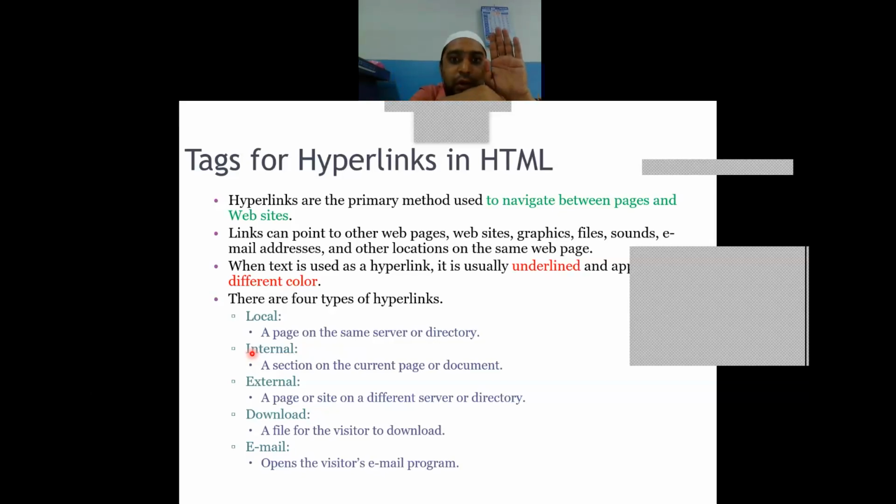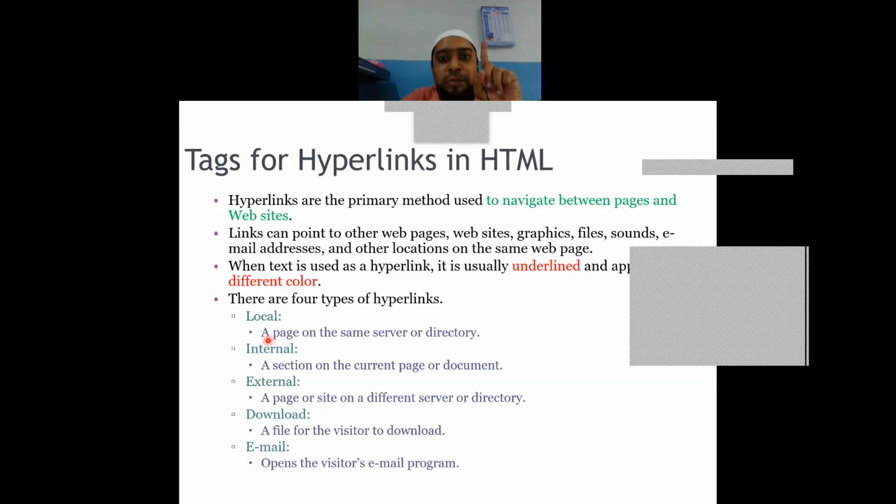So within a document, if you want to navigate, that's called an internal link or bookmarking.